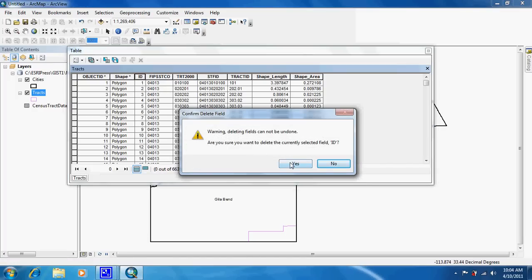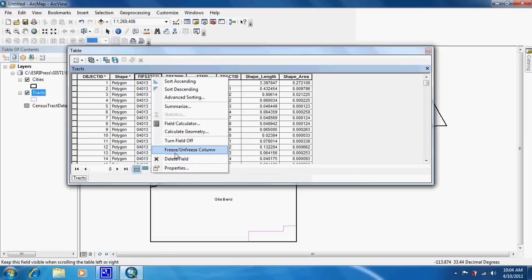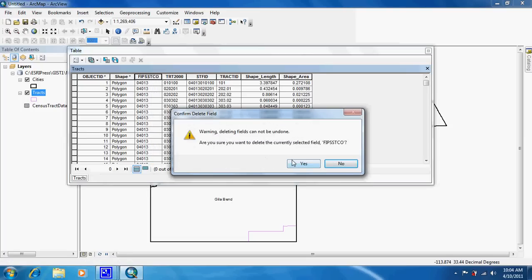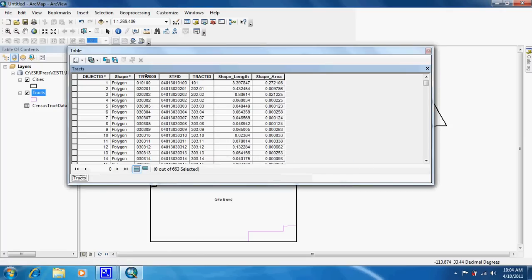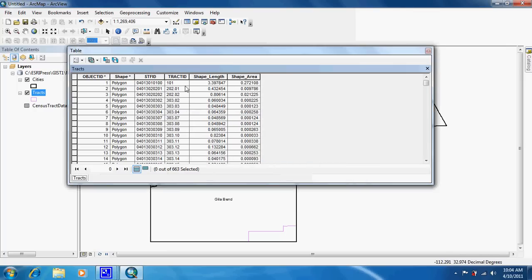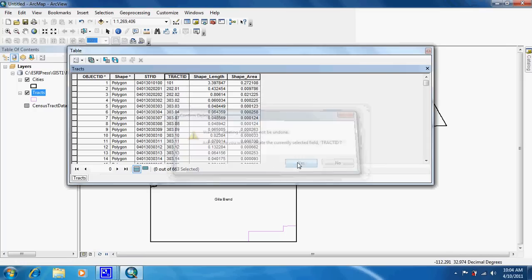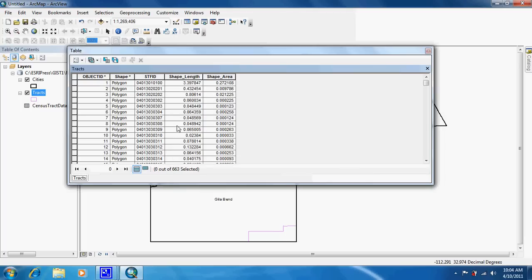There will be a warning that'll pop up saying, "Are you sure?" Just click yes. Do this slowly, because if you work too fast, you might delete a field you didn't intend to. Okay. There's a your turn where they want you to do something similar in the cities. Feel free to go ahead and do that. When you're done, just come back to this table and once again look at the STFID